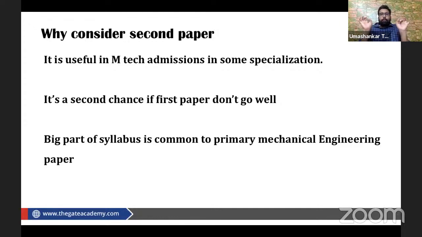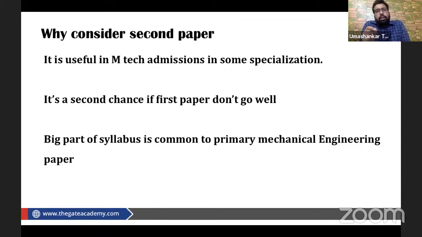Are you getting my point? For MTech admissions only it is beneficial. So if you somehow manage to get good marks in your second paper, definitely you can take admission in the MTech branch. Now, from that perspective, to summarize, you must choose the paper which has mostly the common syllabus. So which subject has the most common syllabus? That is PI. But the branches in which you can take admission through PI are limited to